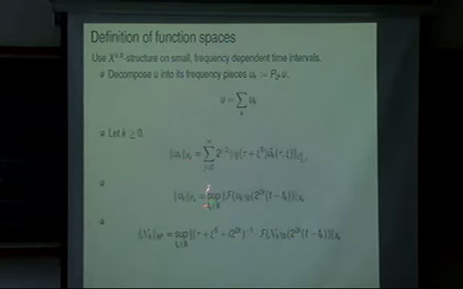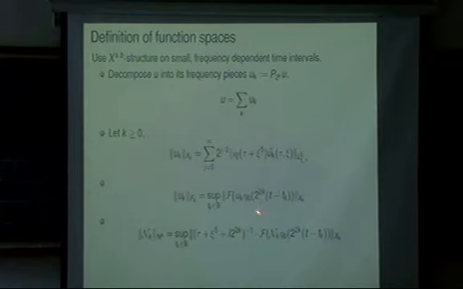And then we're going to define the function spaces XK, FK, or NK, which are function spaces only for the frequency localized function like UK or NK. So we're going to use that function space only for the function frequency localized to 2 to the k. Okay, so this is the XSB structure, and then we use the XSB structure for the tiny interval.